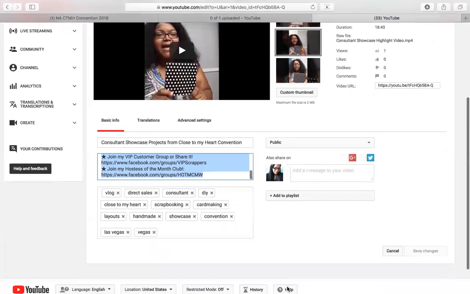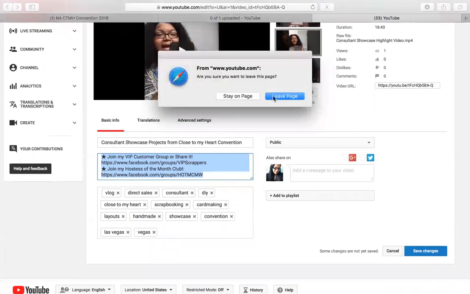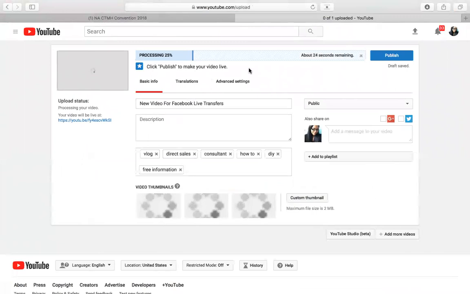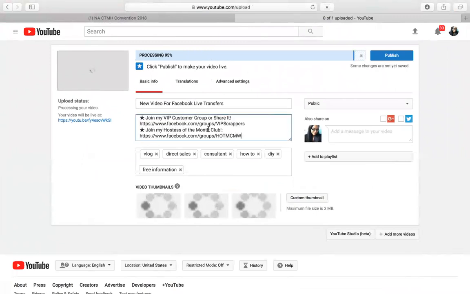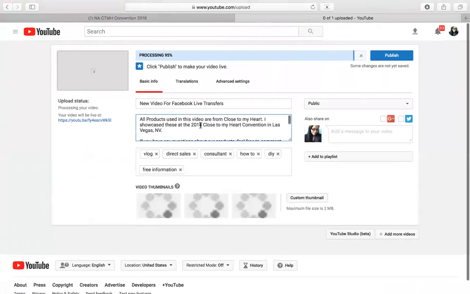So I'm going to take here and going to close. I just copied and pasted that. I'm going to come out of here, leave, and then this is the one that's still loading. You'll see it's at about partially there. So now I've copied it, and really all I have in my description, if you've ever wondered what